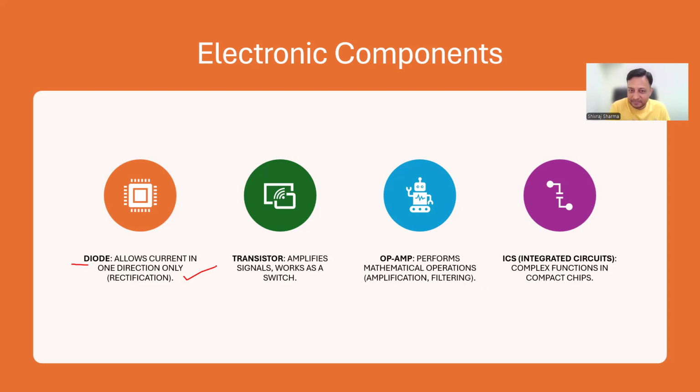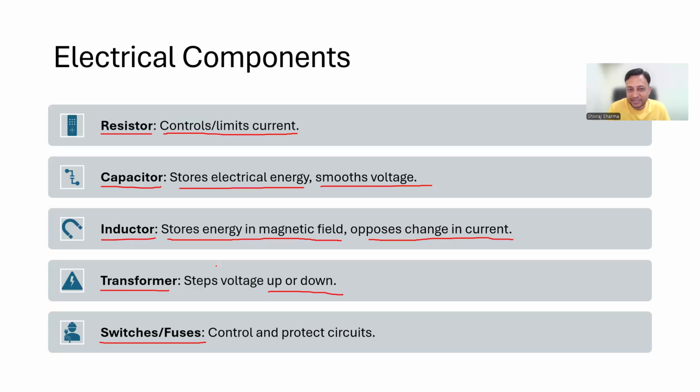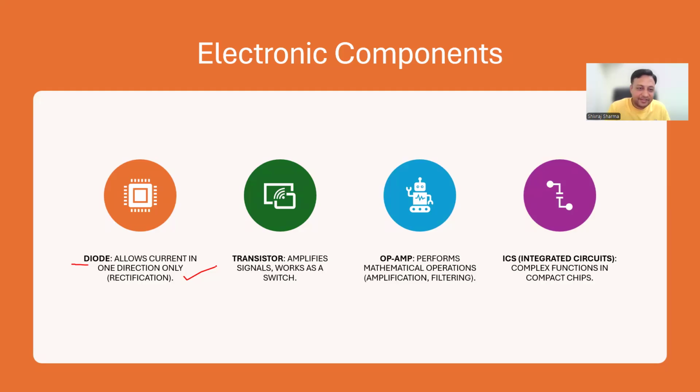Remember the last slide? Over there also we have something like this. Okay, fine. So the transistor amplifies the signal and works as a switch. So see the relativity between the electronic and the electrical components. And the difference is that electrical components work on the higher level, whereas electronic components work on the smaller